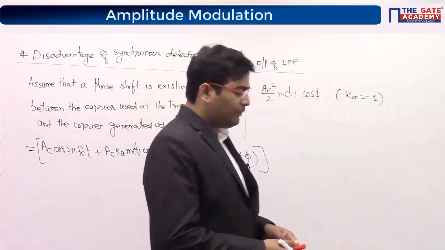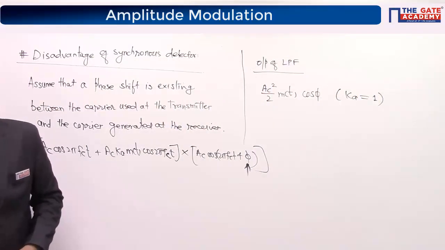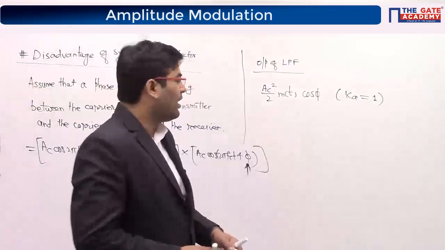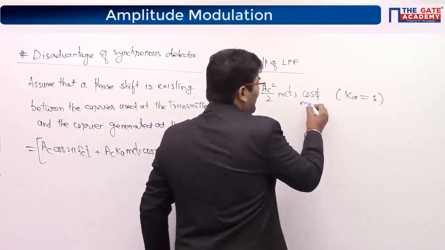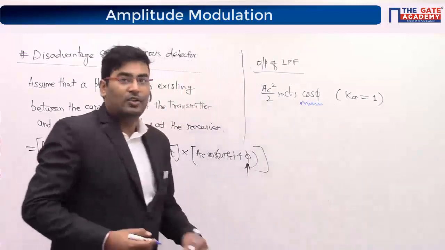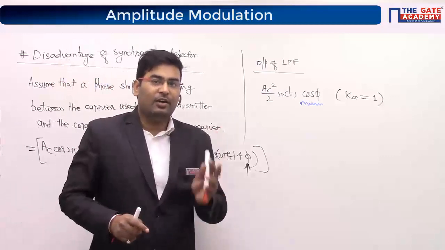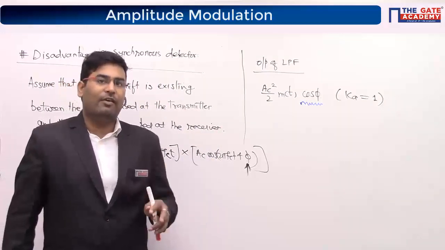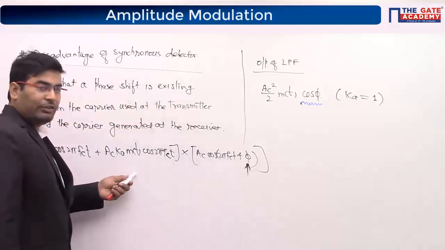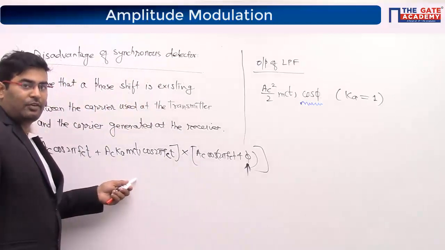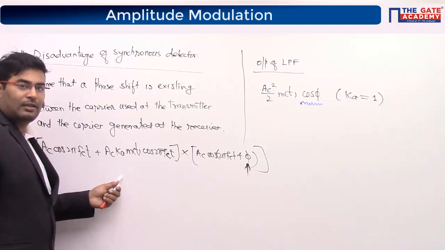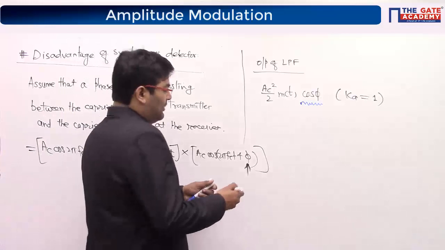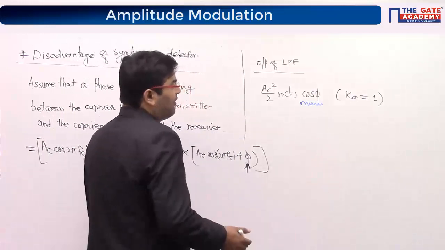If you keep this in mind, then you are not going to make any mistake. This cos phi is screwing up the whole output. I will explain why. This cos phi is extra, guys. That's what I'm highlighting. So if there is a phase shift of phi, you will not only get Ac square by 2 m(t), rather you will get Ac square by 2 m(t) cos phi, and you can do it. That is up to you guys. I'm giving it as homework. Please do the maths, just like what we did earlier.